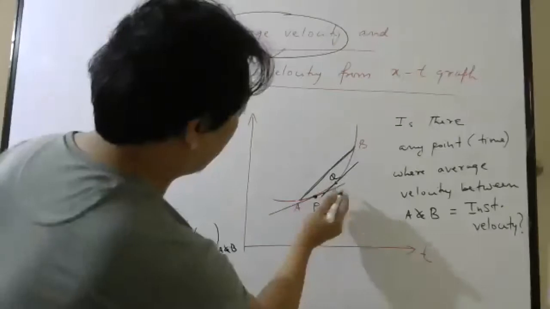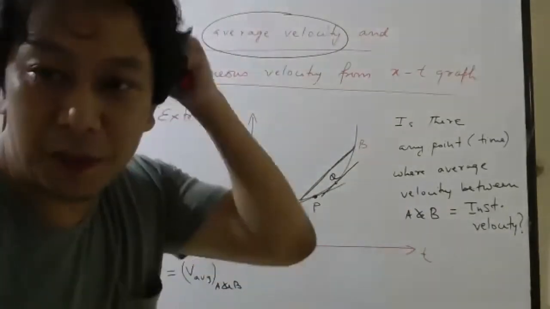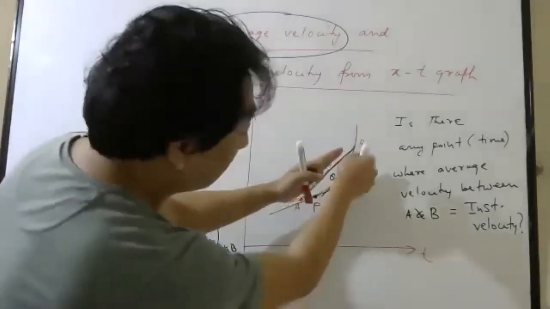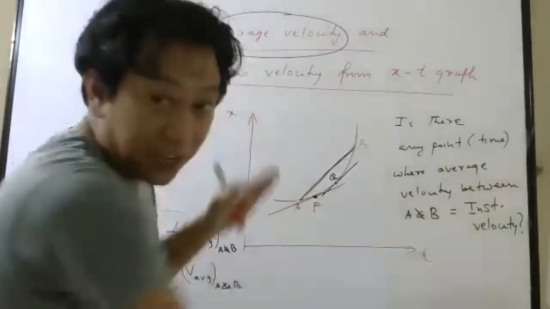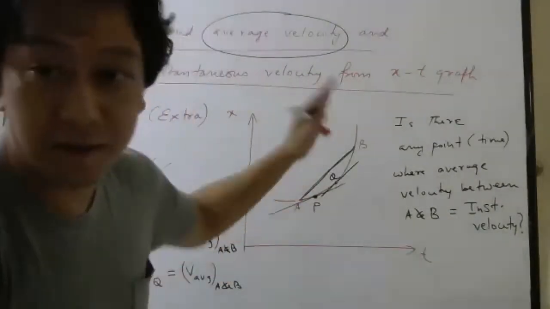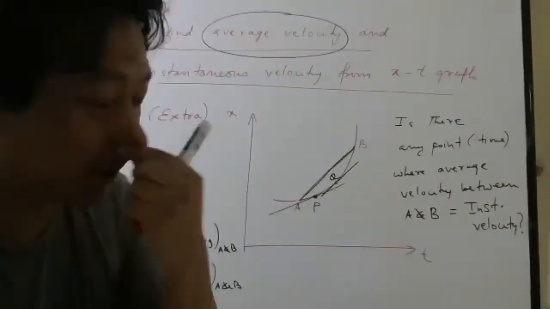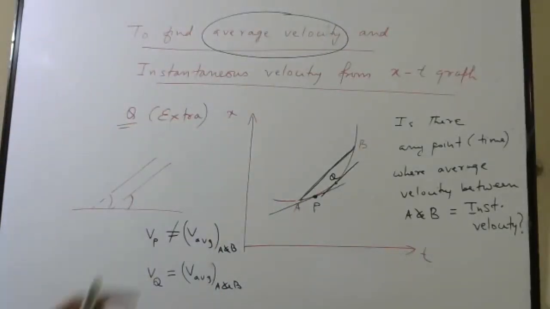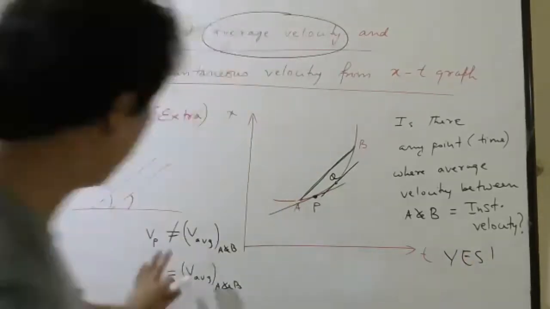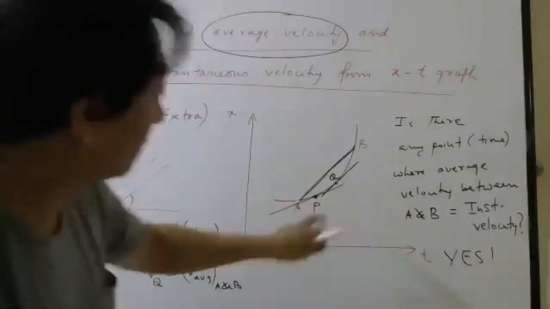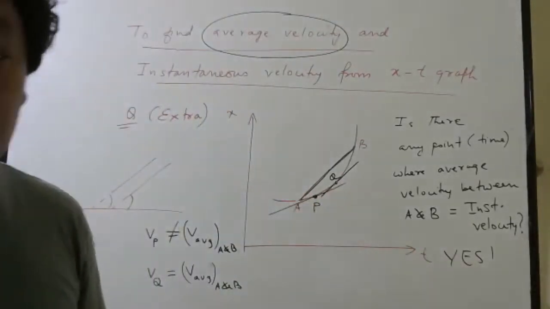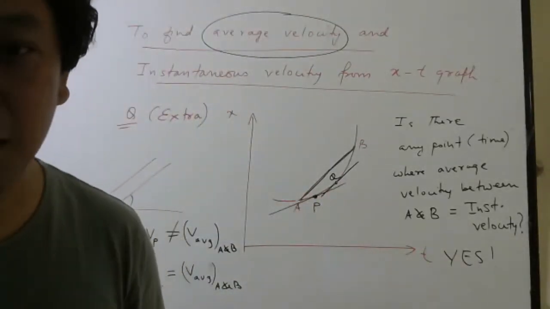Then you search for some point. No, my diagram may not be perfect. I'm not using a scale. If I use a scale, I can find one point where, if I draw the tangent, that line will be exactly parallel to AB. Correct? There will be a point, obviously. So the first answer is yes. Here I explained to you which point. It may not be exact, but you can always search for one point. Always have a scale and pencil when you are in the class.